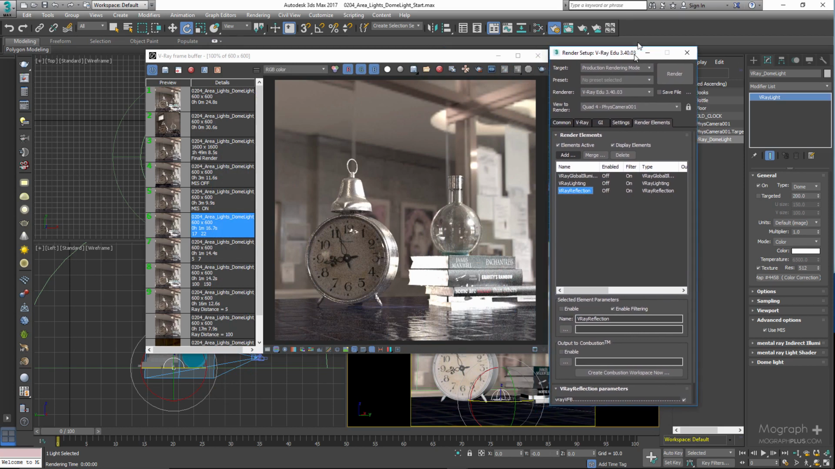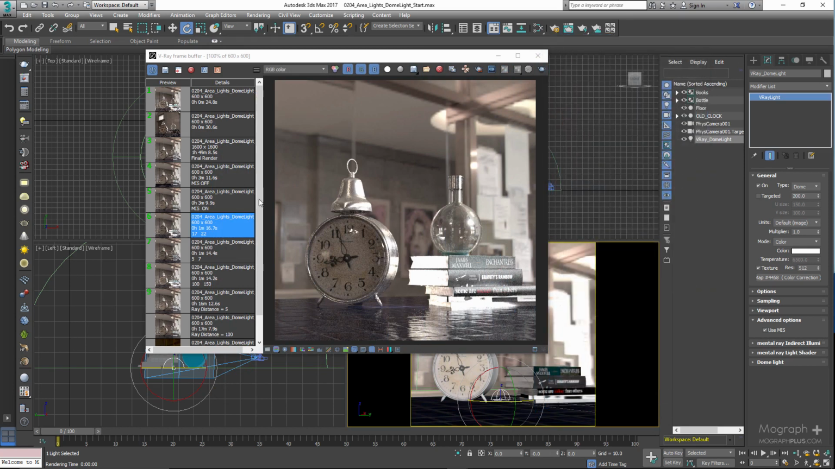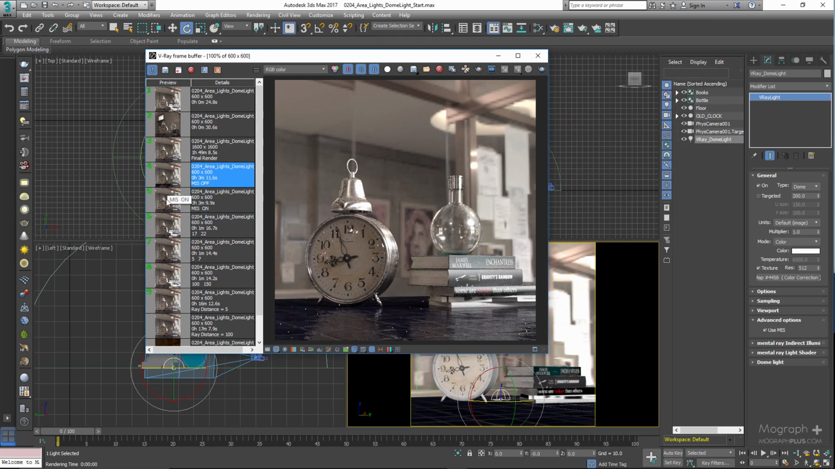Let's go back to our frame buffer and see 2 renders with and without MIS enabled. The first render is with MIS enabled, and in the second one it's disabled. As you can see, the results are very different in this particular scene when the entire lighting is coming from one V-Ray dome light. You can see we get noisier reflections, some fireflies or these very bright pixels here and